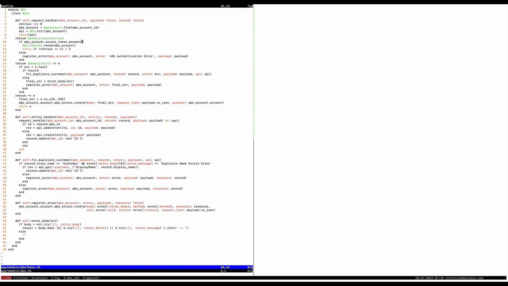Now, I also have a base class. Here, don't ask me why it's in base. I sometimes use that naming convention. This might be better as something like QBO request, but I'm not going to change mine, though you might want to change yours. Now here is the heart of the matter, what you need to do in refactoring your project. It's really this method here. All of these methods in the QBO module are class methods. And I did that